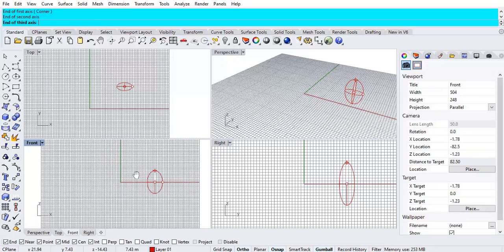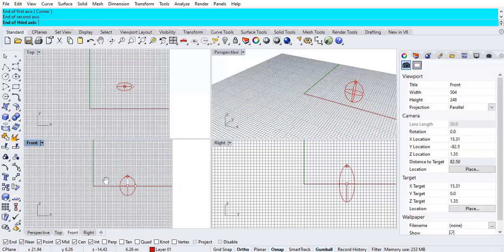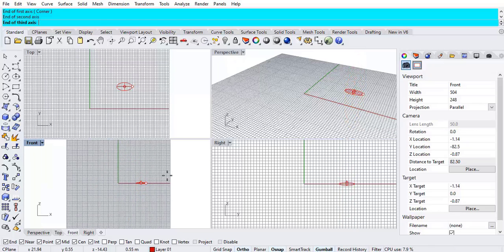Once the dimensions have been established, go to the front screen after clicking to establish the height. Click, and then we have the ellipsoid done. Well,